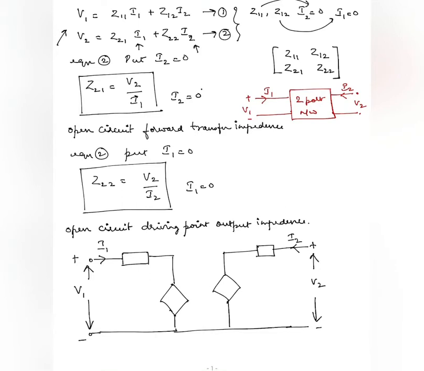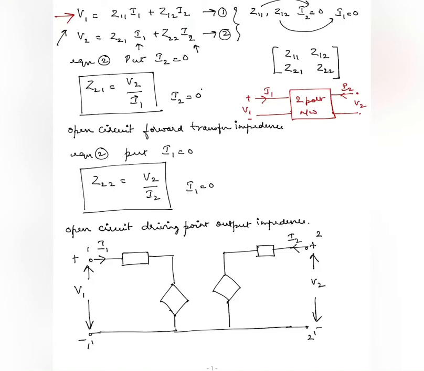Okay. Now just have a look in. You can give the terminals names as 1 and 1 dash here, and 2 and 2 dash, because some of the authors do give names to the terminals like that. So here, have a look at the first equation, that is this equation which is written here, the first equation, right? That is V1 is equal to Z11 I1 plus Z12 I2.